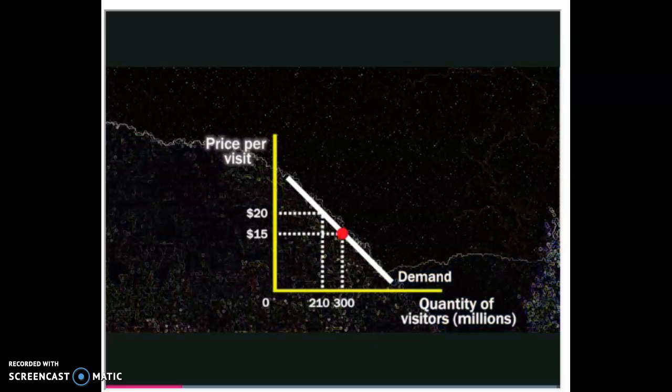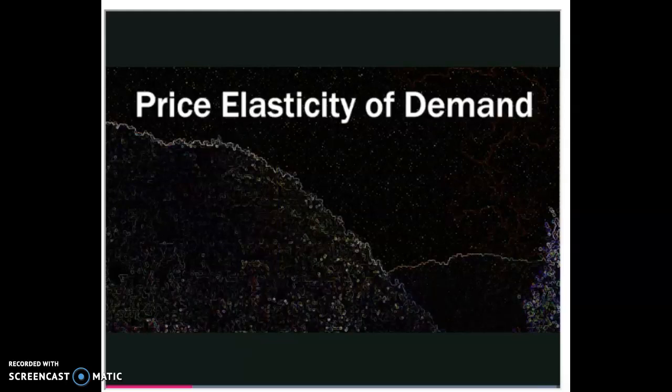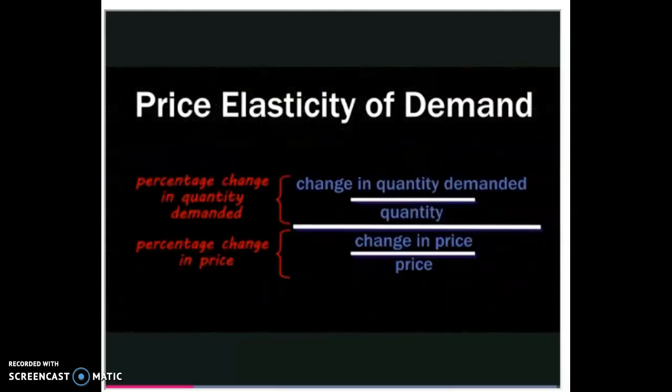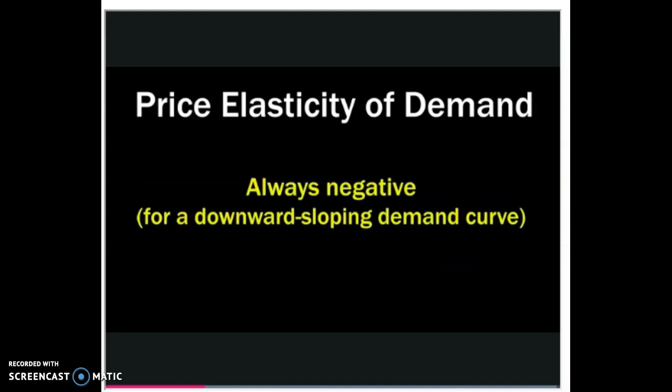And whether the price hike increases or decreases total revenue will depend on whether the price elasticity of demand is less than or greater than 1. The price elasticity of demand for a good is the ratio of the percentage change in the quantity demanded to the percentage change in the price as we move along the demand curve for the good. Since this number is always negative when the demand curve has a negative slope, we generally drop the negative sign